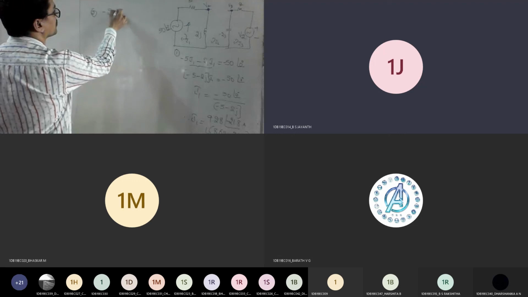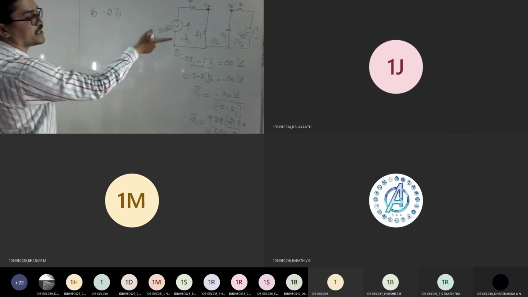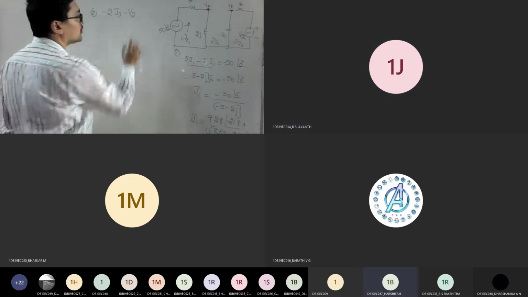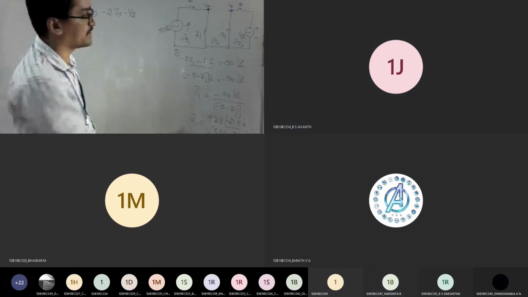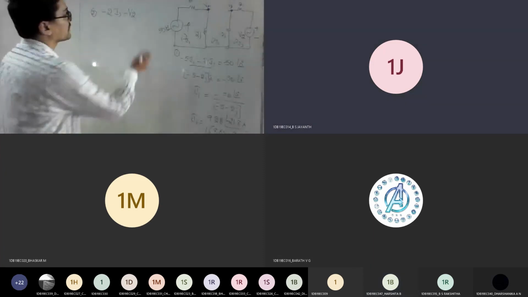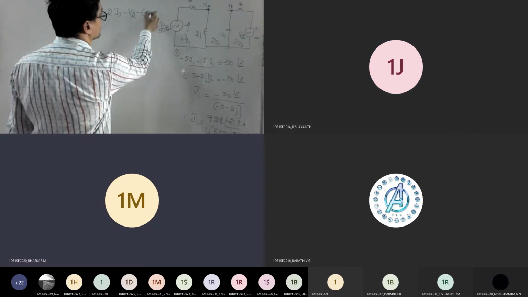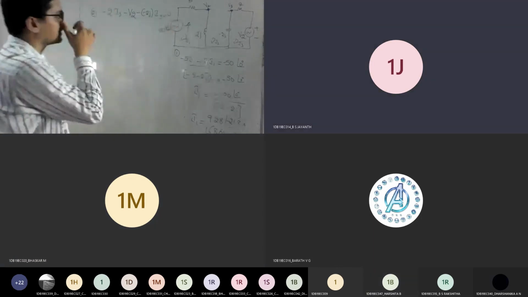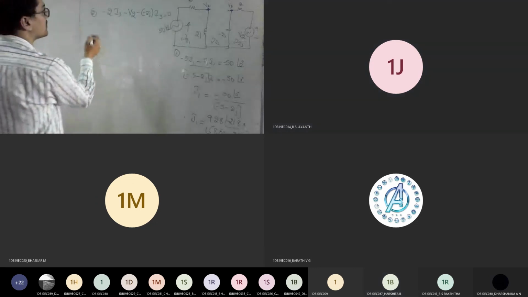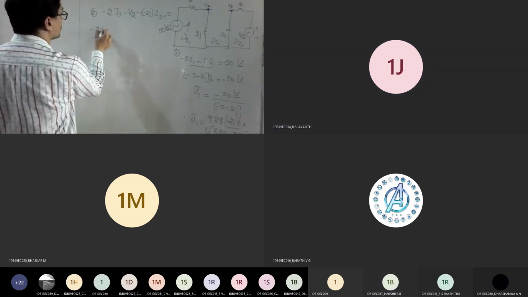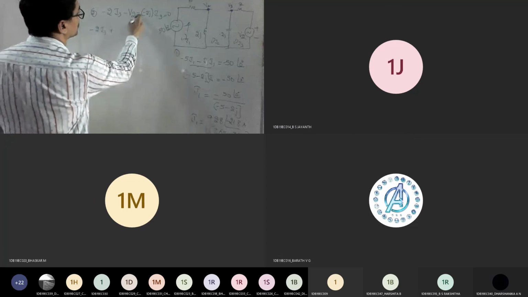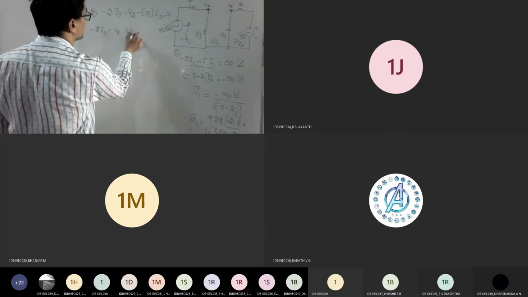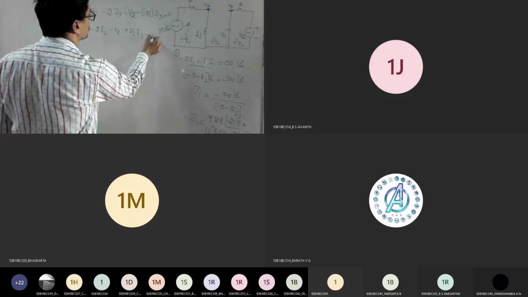-2 I3 plus 2 I3 minus V2. Be careful, you need to write V2 only, because we don't know the answer now. That is what we should find. Then minus of minus j2, minus of minus of 2j, so minus 2j I3 equal to 0. From this I can write -2 I3, this becomes minus V2 as it is, plus 2j I3 equal to 0.